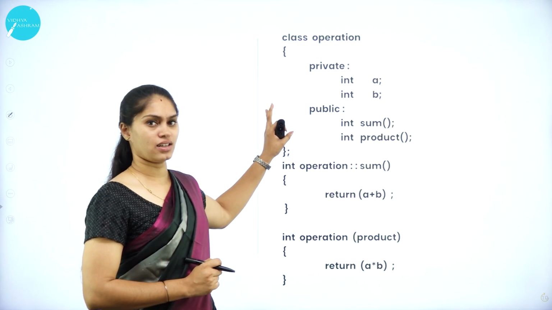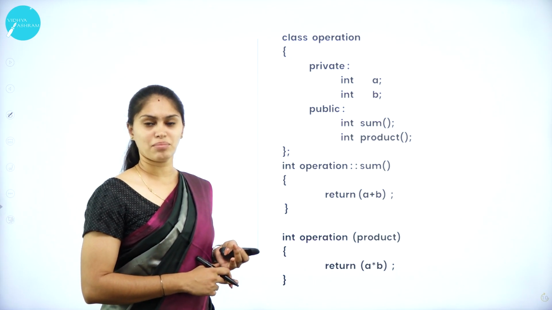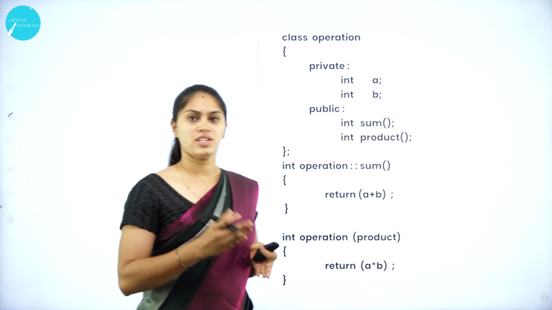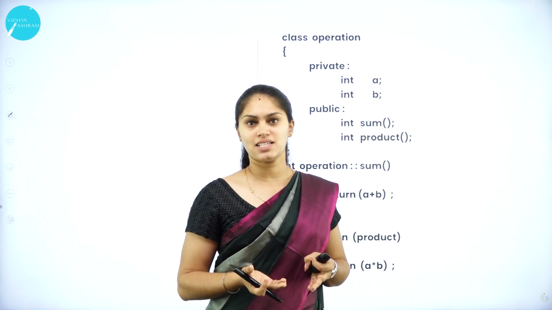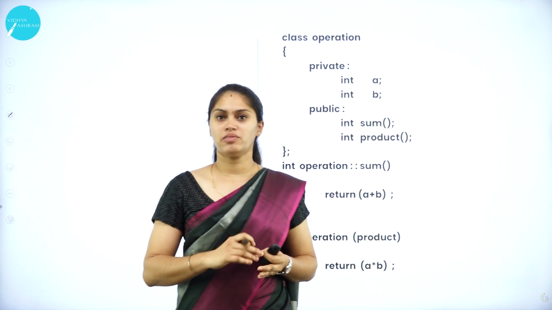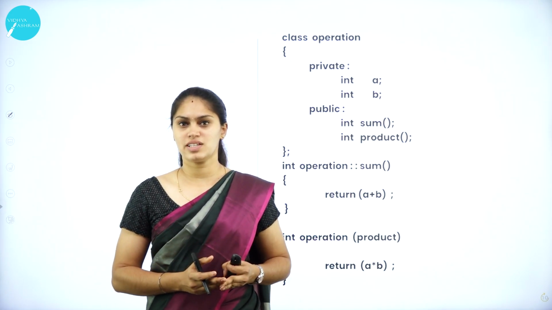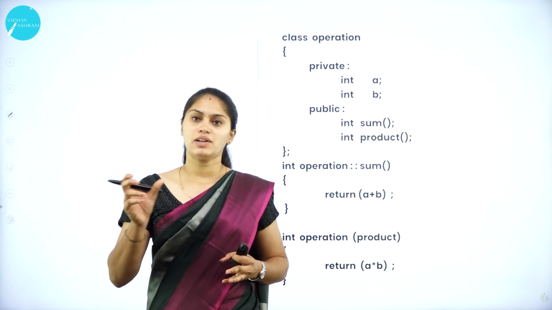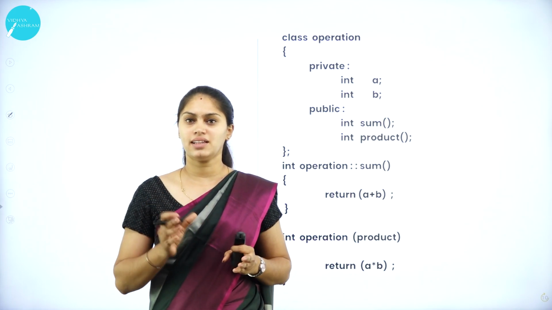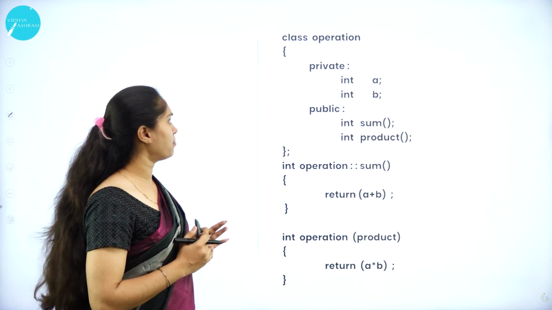Here I have one example related to defining outside the class definition. You have to write the points related to defining outside the class. That means its syntax, and you have to explain each keyword: why we require the return type, what the class name indicates, what the usage of the scope resolution operator is, what the member function is, and then the function body of a particular member function. Okay, we'll see the example now.